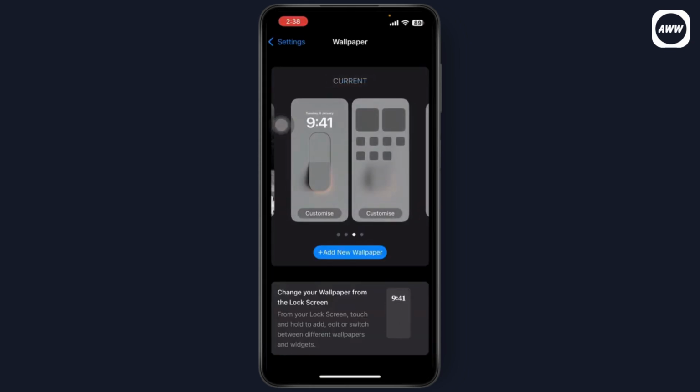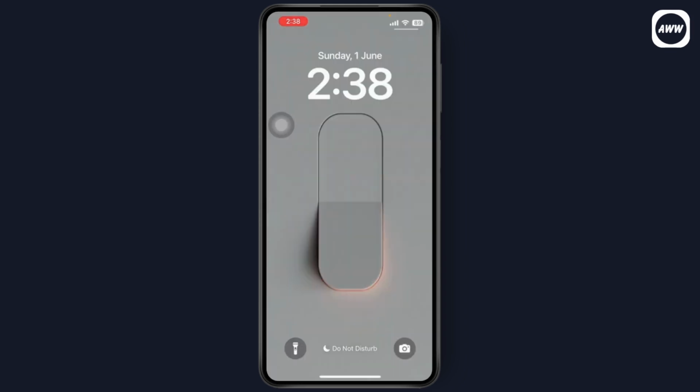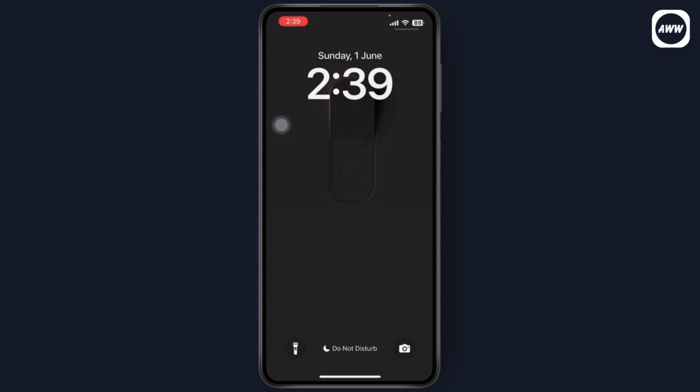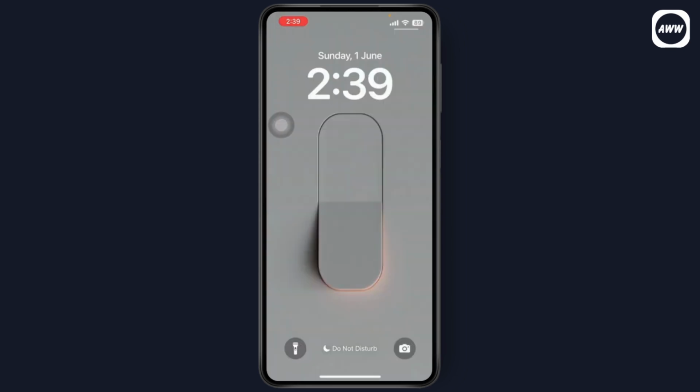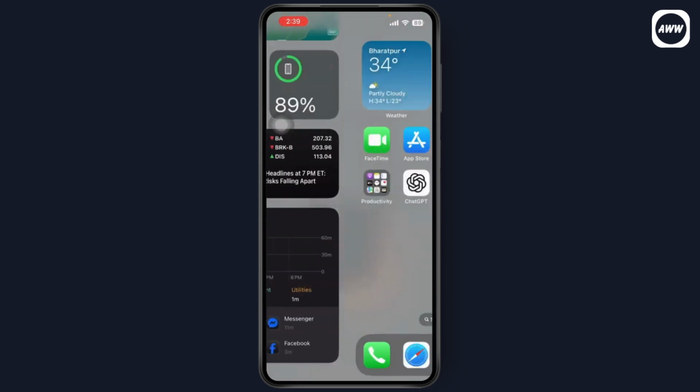Now if you tap on your wallpaper on your lock screen, then it will give you that light switch effect. As you can see that if you tap on it, it will be turned off, and if you tap on it again, it will be turned on. That's how you can get light switch wallpaper on your